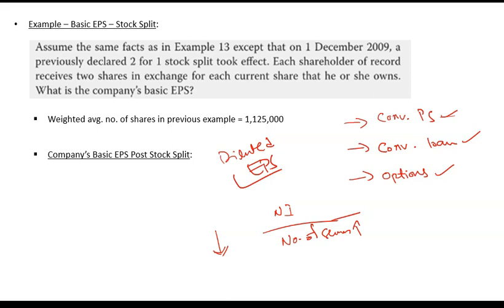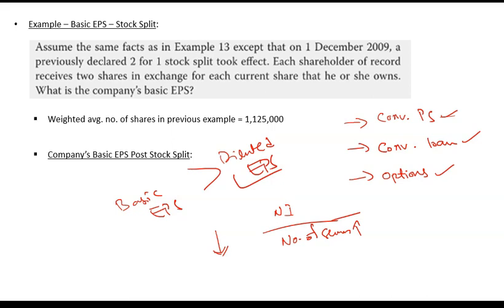Now generally diluted EPS will be lower than basic EPS. So generally basic EPS will be higher than diluted EPS. So you should go with diluted EPS because it is a lower number, it is more conservative. But in some cases,